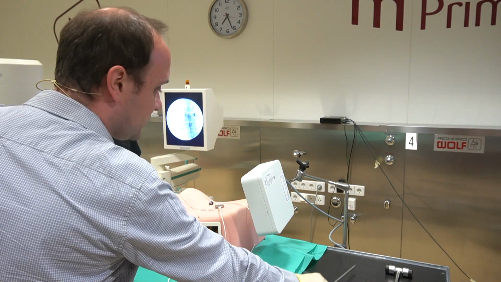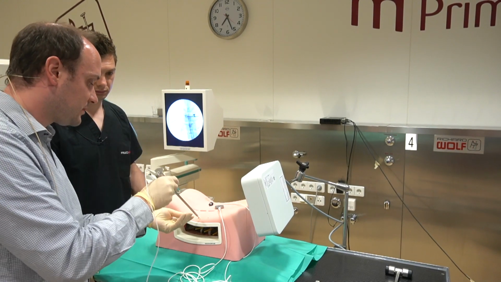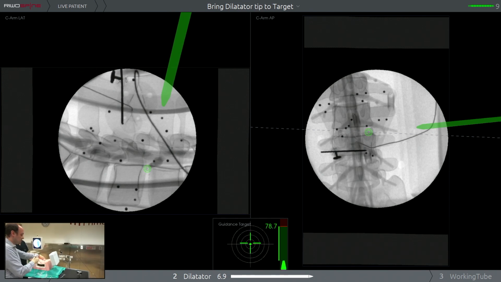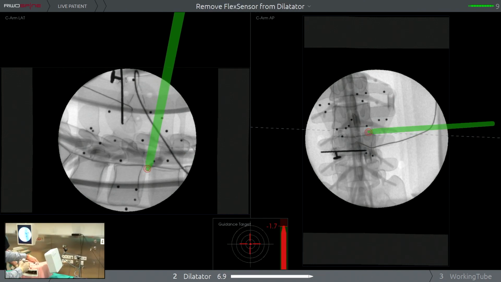And again, when using the dilator, I have my guidance target, which helps me to find the right spot. So here now you see it's green, and as long as I keep it here in the green and I push and advance my dilator, I will hit the same spot. So now you see, usually you will need